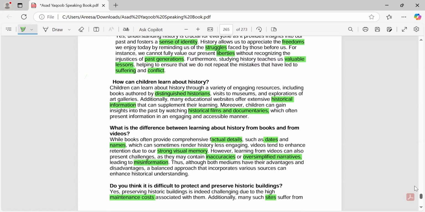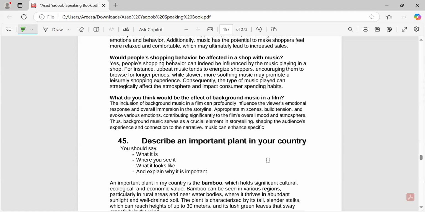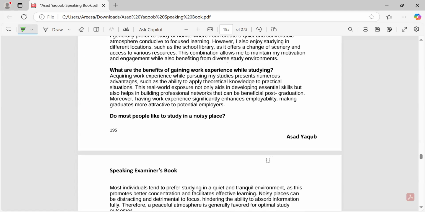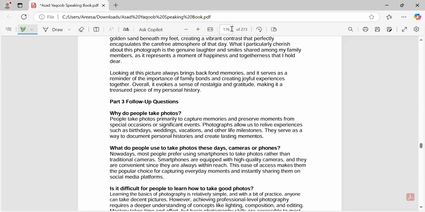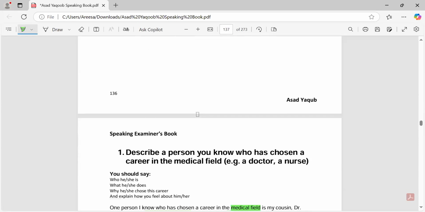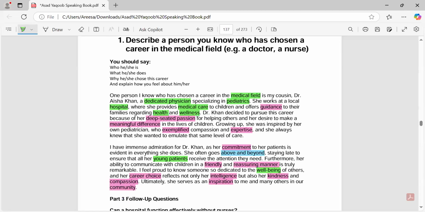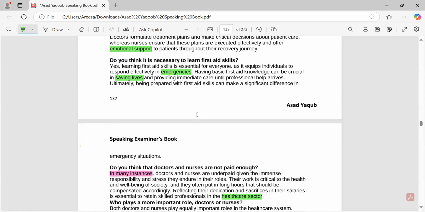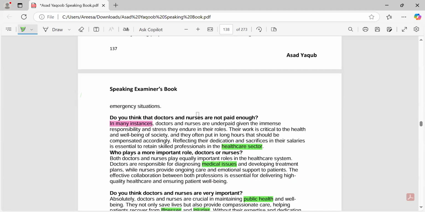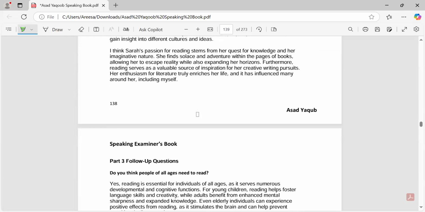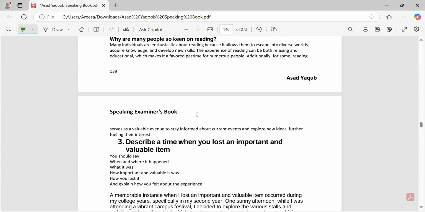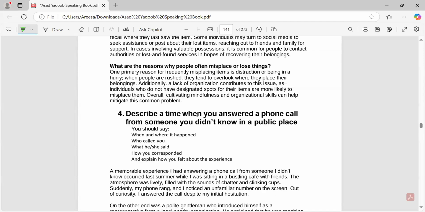So these are part two topics, and I think we didn't get much time today to practice part two. But I'm highlighting different words from the last of the book for part two, while the one which we are doing in the session is from the start of the topics. Let's see page 136, where the part two topics start. From the top of the session, we are doing certain difficult topics, like we have done medical field topics. Some participants in previous classes mentioned they find this topic difficult. From now on, we will move to the next question topic.